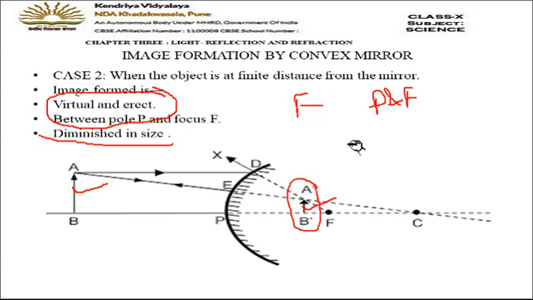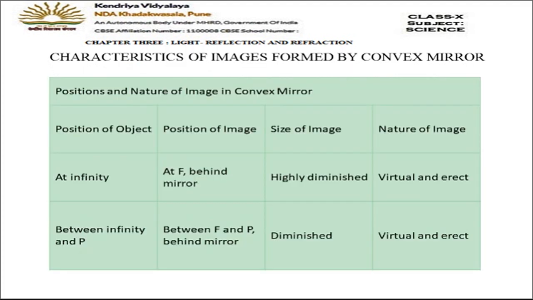This will be the location, and the image formed will be a virtual and erect image, because the rays are not actually meeting. I am repeating the concepts again and again so that it will get clear to you. Why are we calling it virtual? Because the rays are not actually meeting. And why is it erect? Because it is formed above the principal axis. And remember children, if you learn the rules first, that is, how the light ray gets reflected, it will be easy for you to trace the cases. Now let's move on to the next slide and see the characteristics of images formed by a convex mirror.